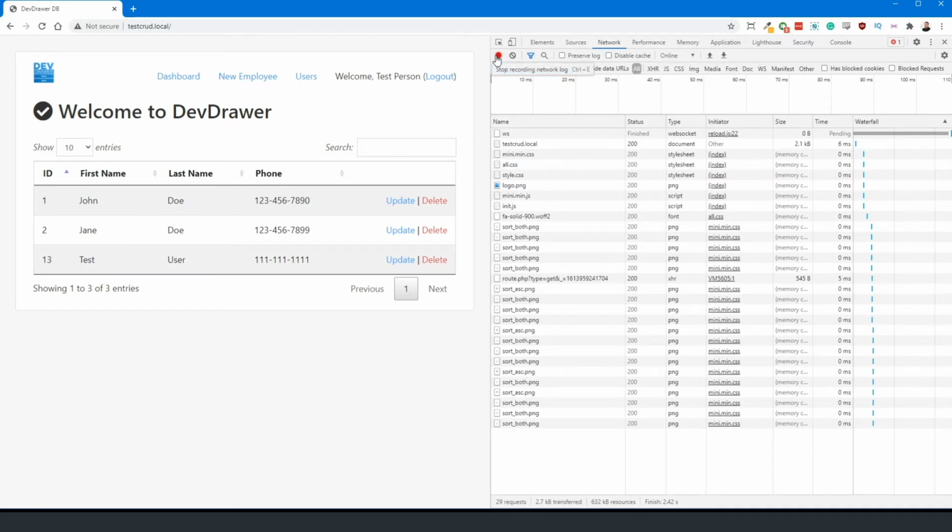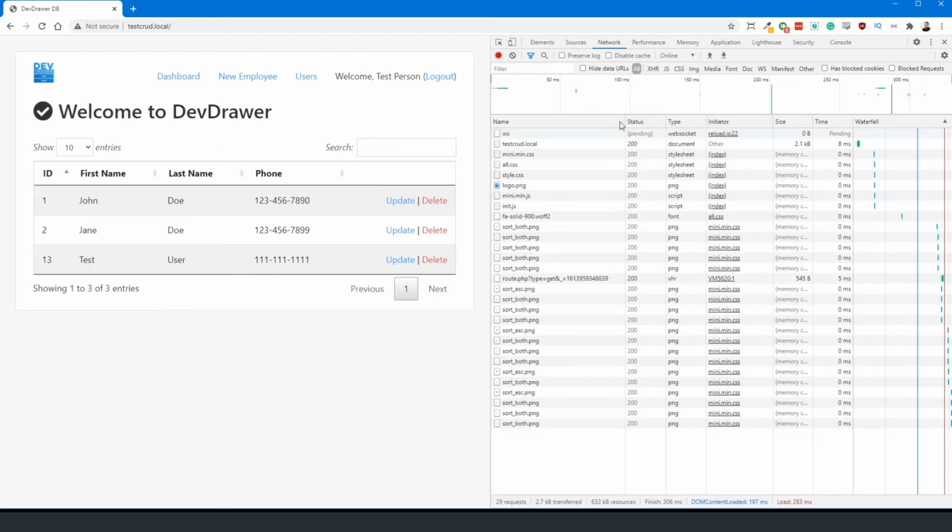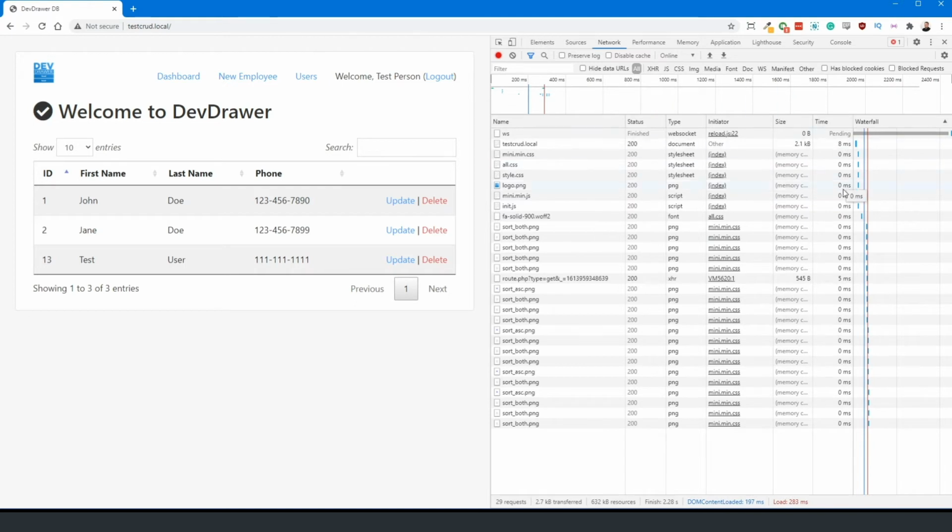And what you have up here are these options. Right now we can stop recording the network log, and then we can also clear out what's here. We can reload the page to start displaying the content again. So if we hit Control R, you can see that it pretty much loads in real time, and you can see the waterfall that says what element took the longest, which took the shortest, when did it come into play, and then you can also scroll through this